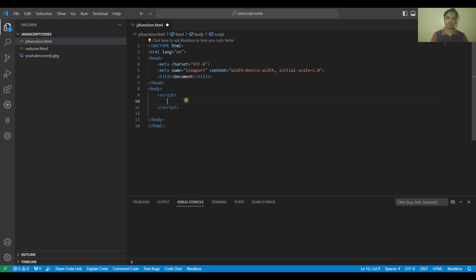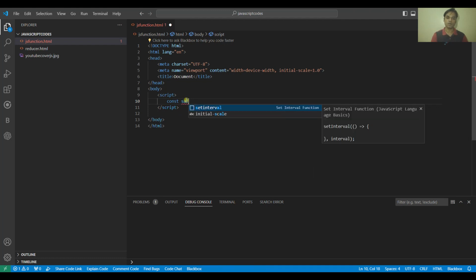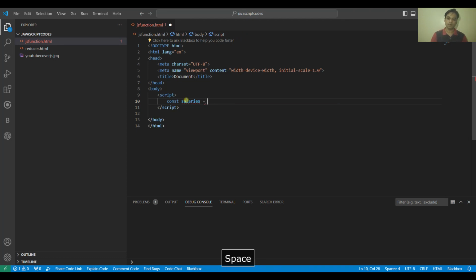Now how to use it? Supposing we have a constant over here. We name the constant salaries and we define an array over here. Supposing the values are 3000, 5000 and 9000. These are the salaries of 3 employees. Now we want to check that each and every salary inside this array is greater than 3500. So for that we define a constant as all greater